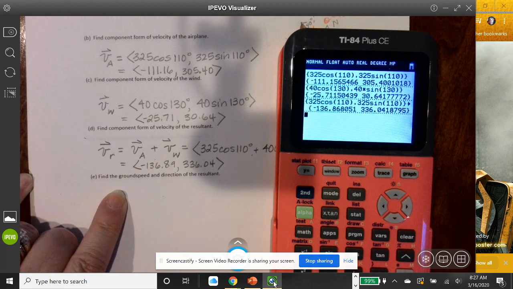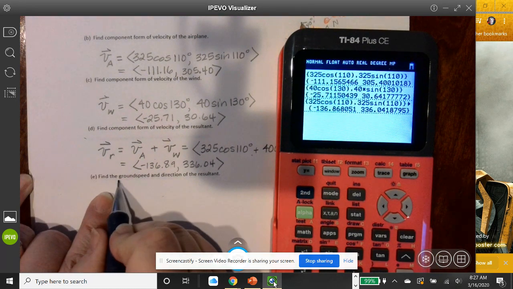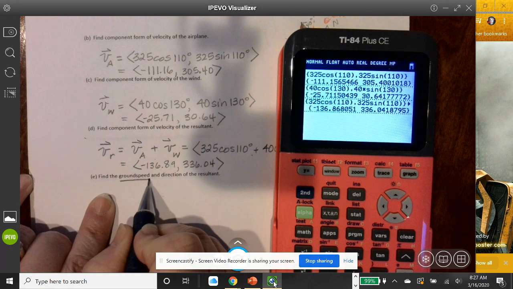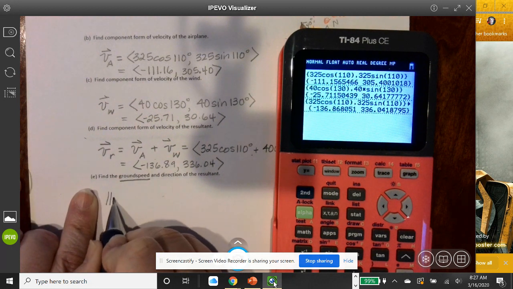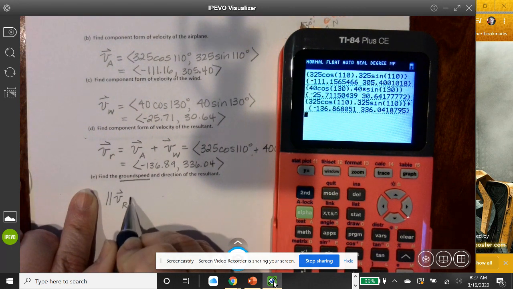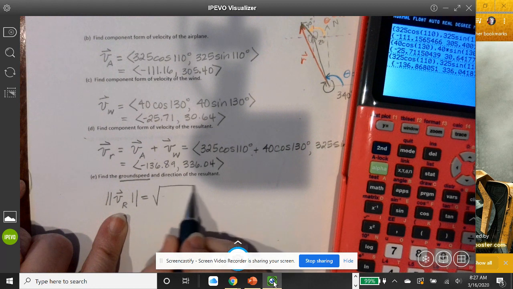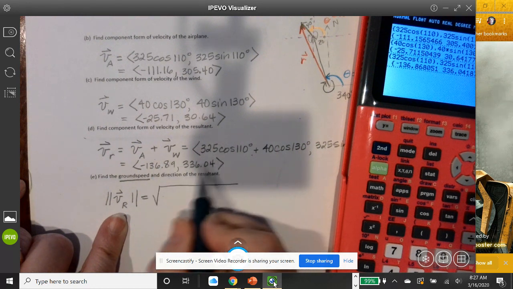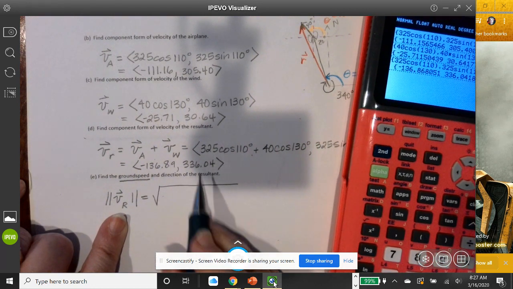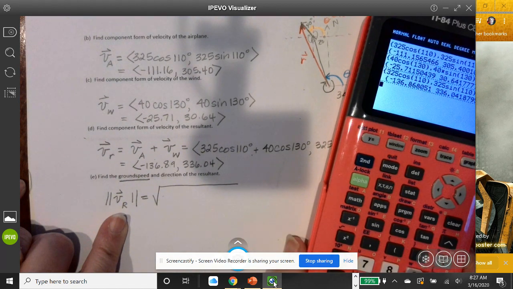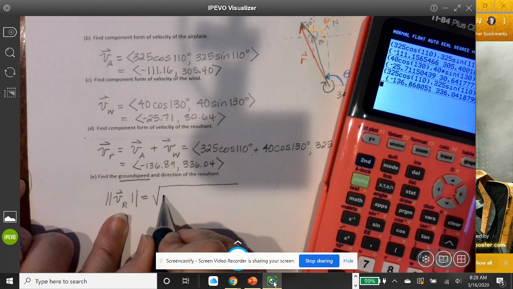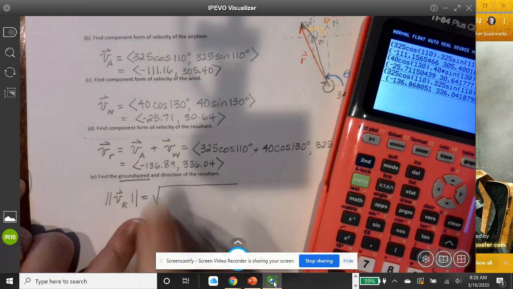Now, I need to find the magnitude of this vector because I'm asked next for the ground speed, which is the magnitude of the resultant, which is equal to the square root of the components here. Okay, so that's going to be the square root of, now,